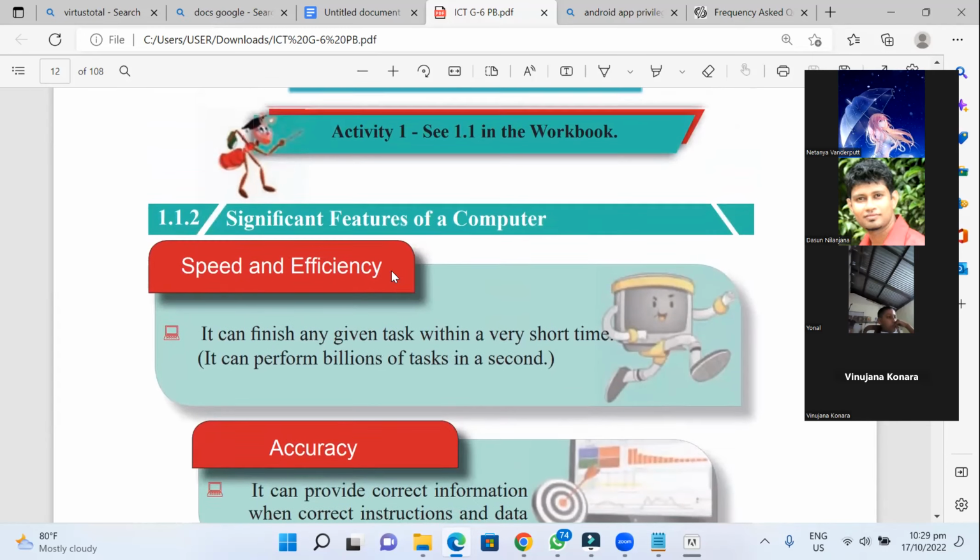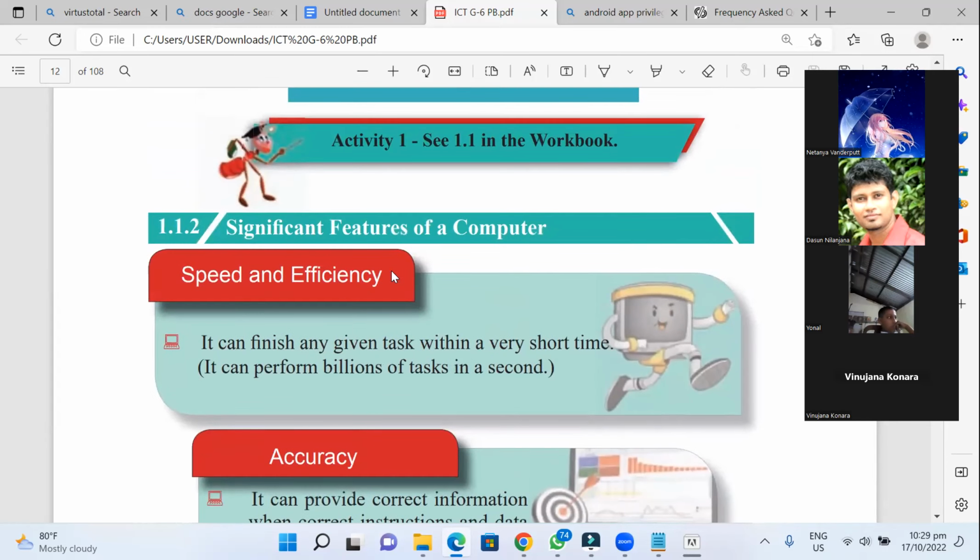And there are some features which are unique to computers. Speed, efficiency, accuracy. Can you name a few more? Correctness.